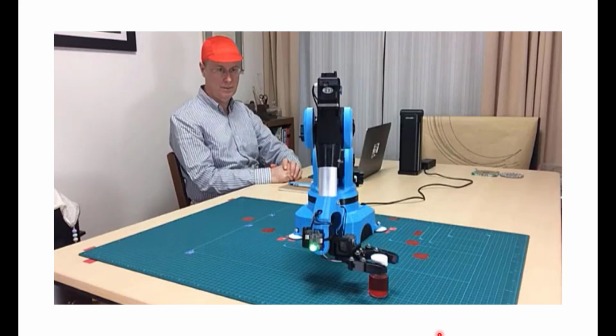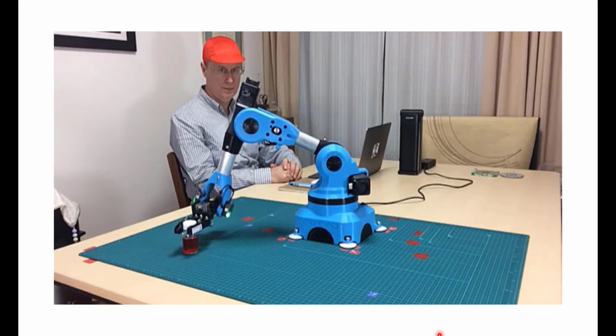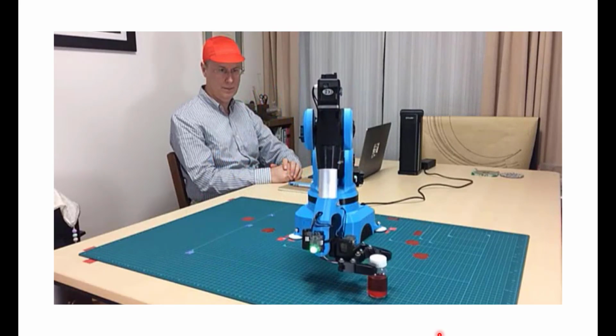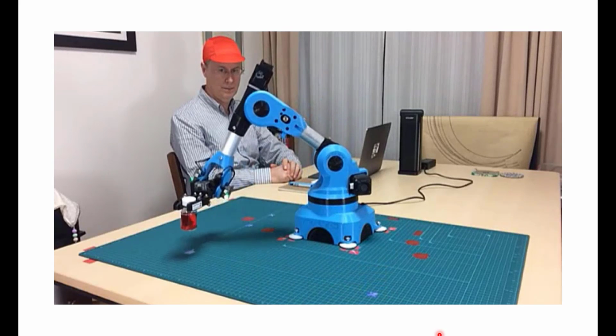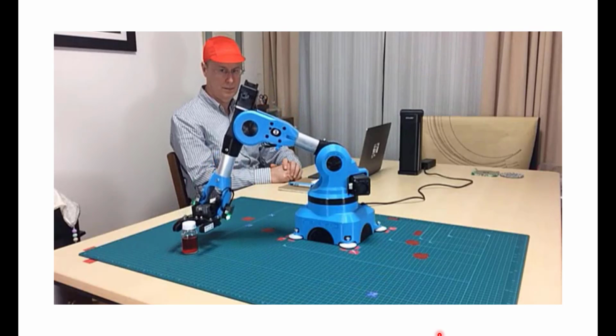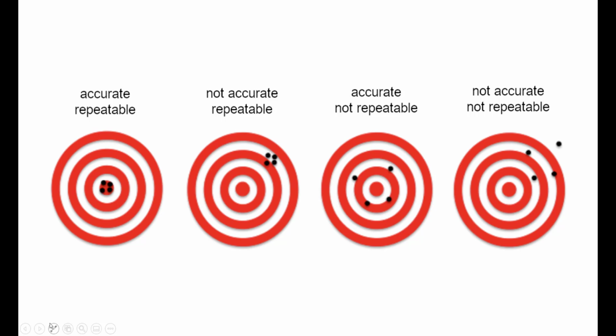Observe this video in which a robot is doing a pick and place operation. It is picking up the object from the prescribed point and placing it at the target point, and this process is done repeatedly for some iterations. To understand accuracy and repeatability, let's see these four figures. Let's assume that we want to place the object at this target position. So here four objects are placed repeatedly at the same place.